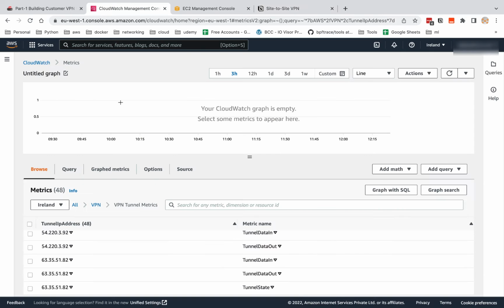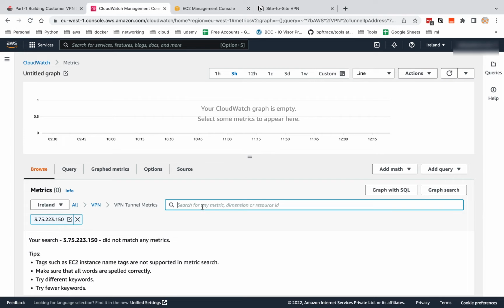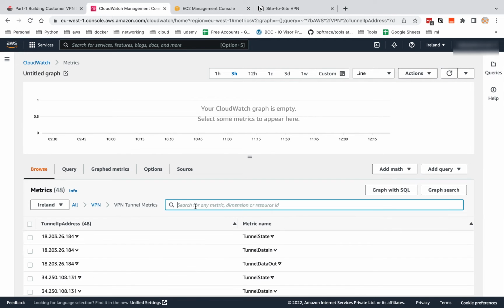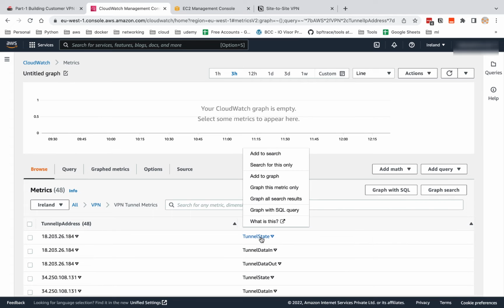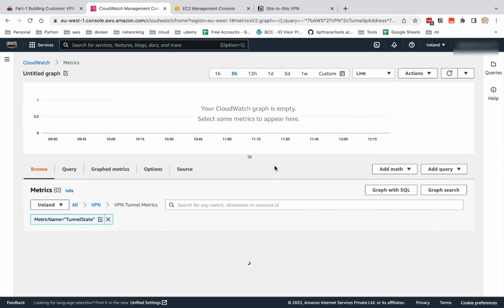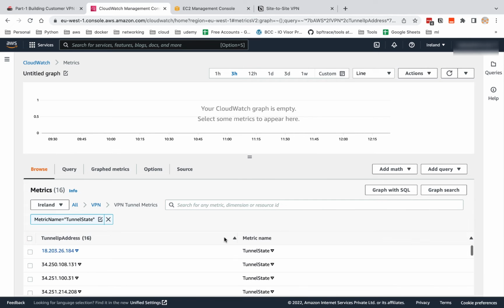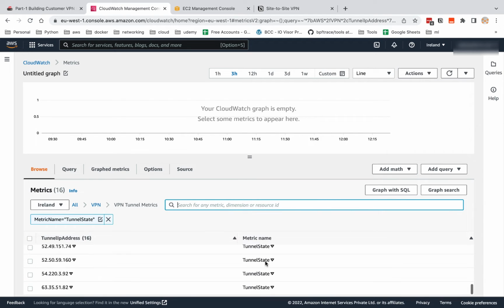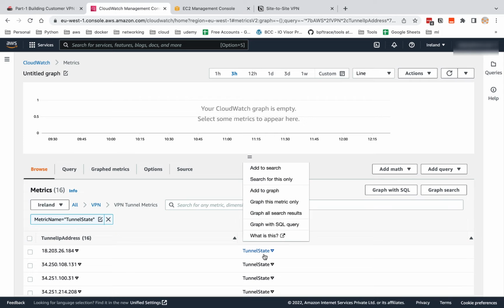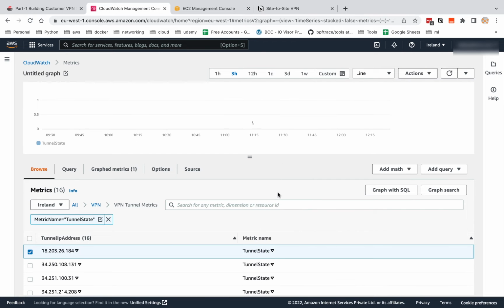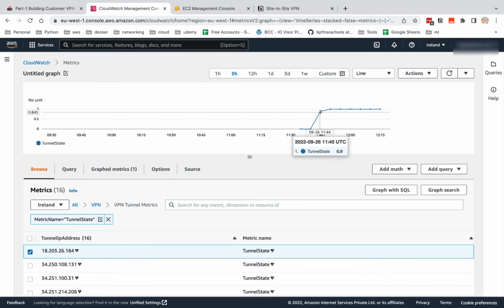Let's see if we can straight away search that. I doubt if we can, but let's try to search with the IP, and obviously we cannot do a straight search. The way you have to do it is click on it and add it to the metrics, and that way it gets added to the graph, right? Now we can see that all of them are for the tunnel state. Let's add it to the graph. We can see out of many things there is only one particular IP which is currently up. There is only one tunnel which is up, and that's with the 18.203